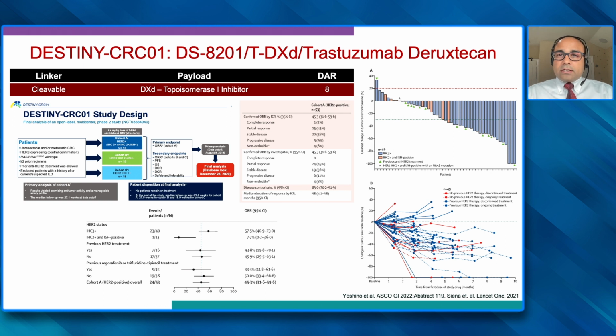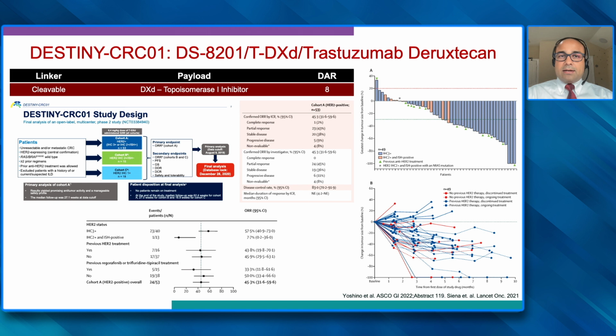Now let's pivot to another class of compounds that is used in anti-HER2 therapy, very similar to breast cancer, where trastuzumab, pertuzumab, and tucatinib are used, and these are molecules that inhibit the HER2 axis. There is a new class of compounds which are antibody-drug conjugates. So think about antibody-drug conjugates as targeted chemotherapy, which uses HER2 as a homing beacon. And TDM1 is a classic example of that, which showed activity in breast cancer, but has not shown any activity in metastatic colorectal cancer.